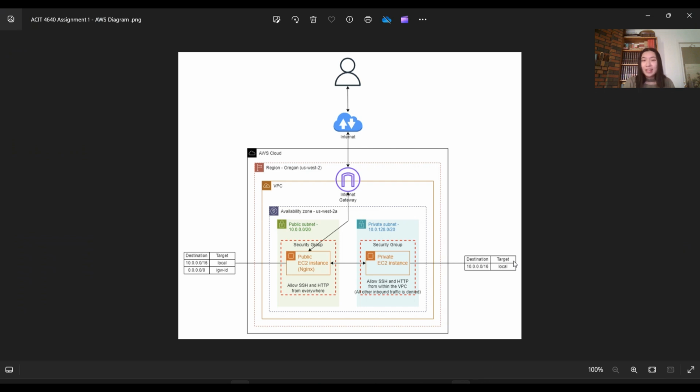This is my AWS architecture diagram. In this diagram, I have a VPC in the Oregon region, which includes public and private subnets specifically created in the availability zone US West 2A. The public subnet hosts a public EC2 instance with Nginx installed, and the security group for inbound rules allows SSH